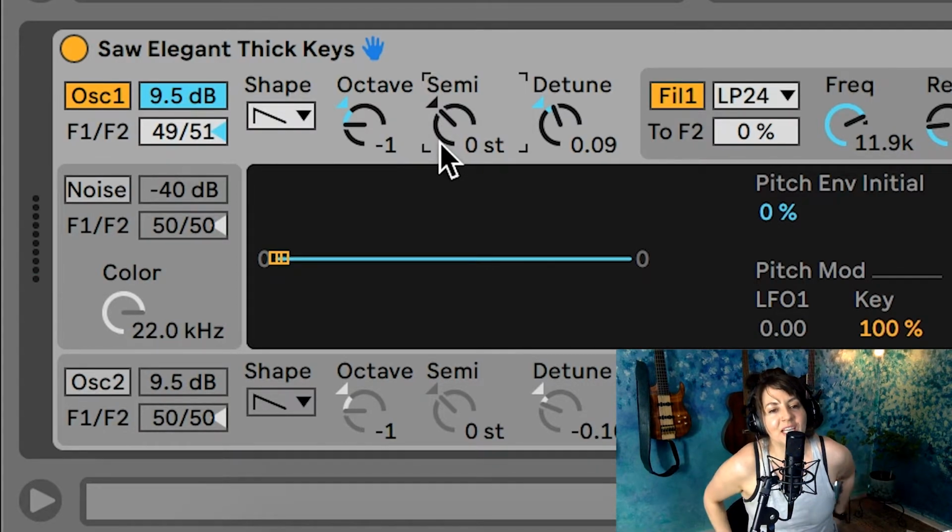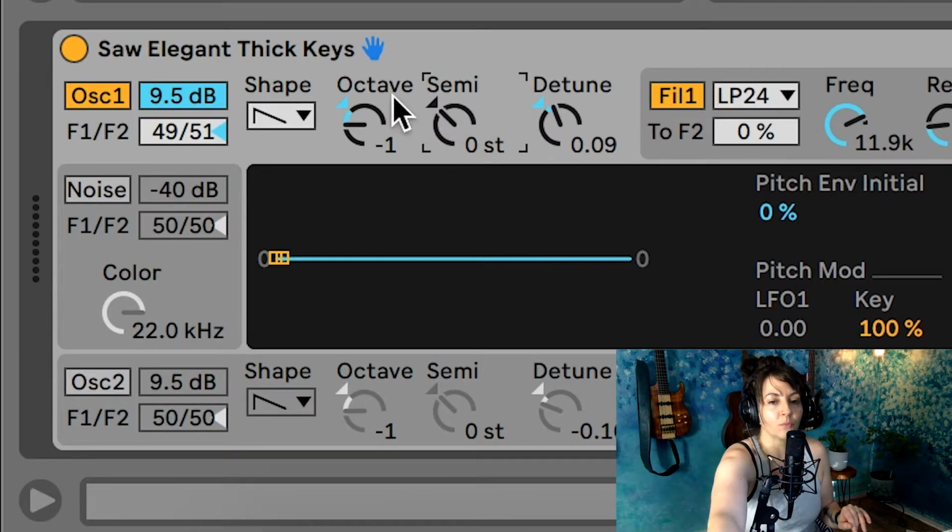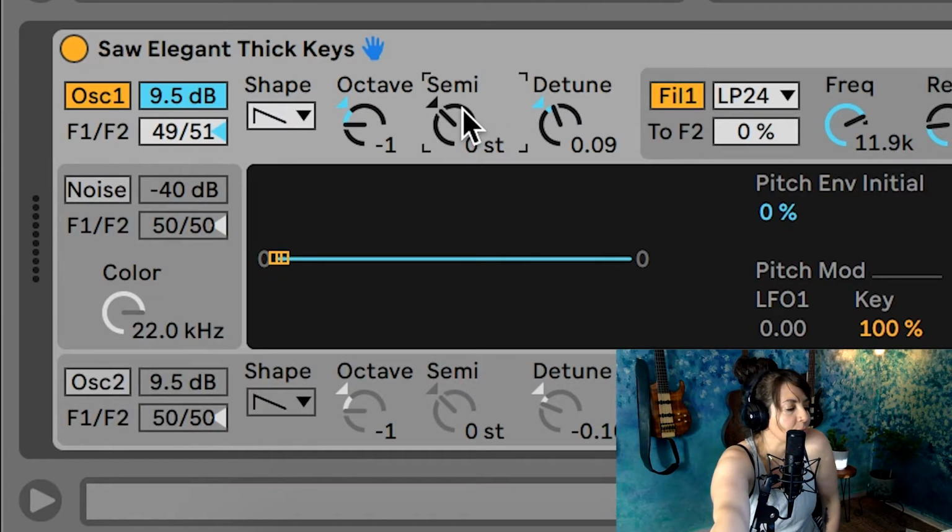Okay, so what I'm doing here, let me explain it real quick. This word, and again, for those of you not watching, it says semi, meaning semitone. It's kind of a way to say, you know what? I want every single note that I play to be pulled out of tune just a little bit. So actually, I'm just going to demonstrate real quick what that